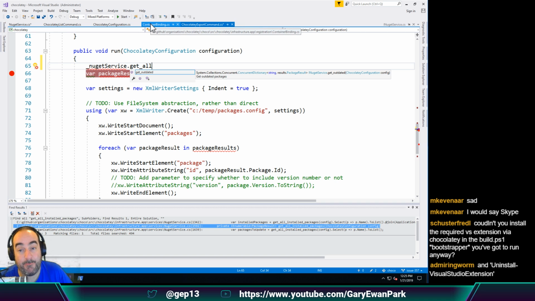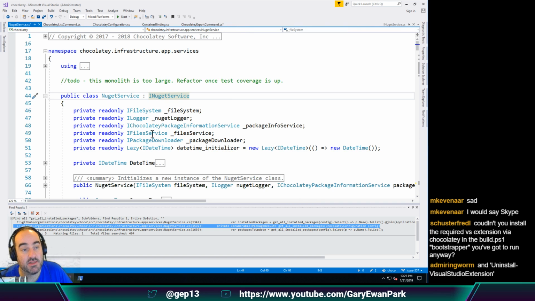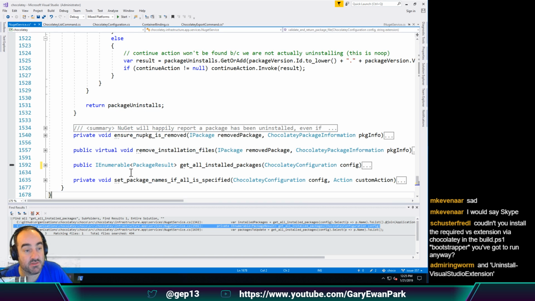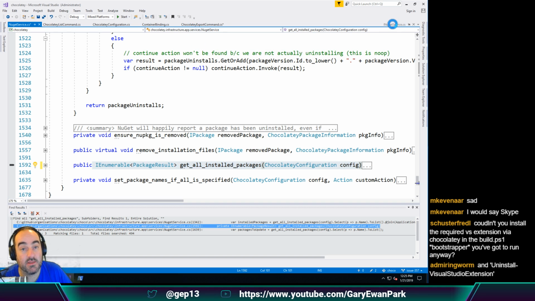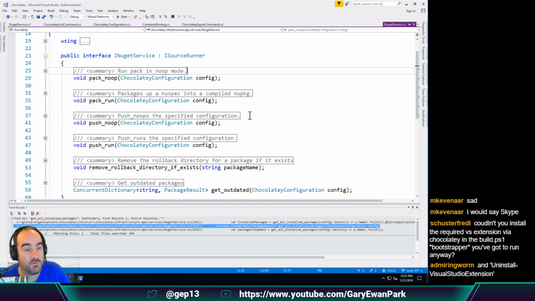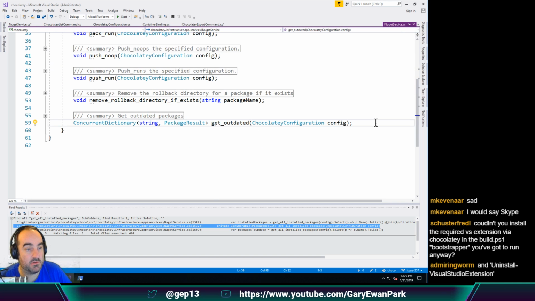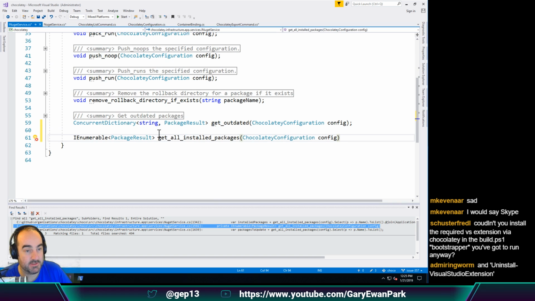So in order for that public method to flow through into the interface, we would need to update its definition to include that new method. So let's go ahead and do that for the purposes of what we're going to do here. I'm just going to grab the definition, which is this one. And then we're going to need a chocolatey config. We should be able to get that as well. So if we go up to this package definition and paste this in, then that's going to need a